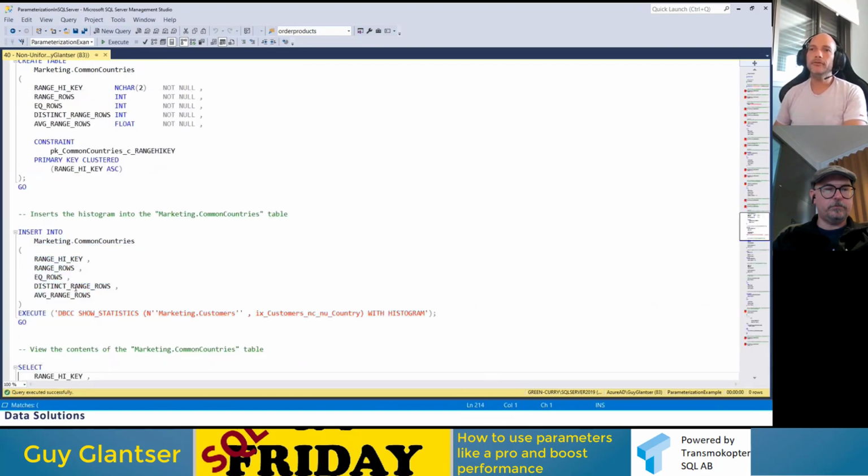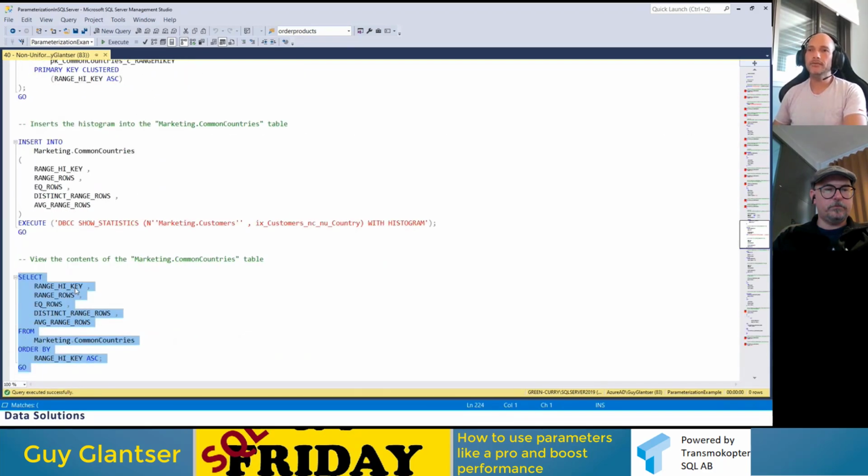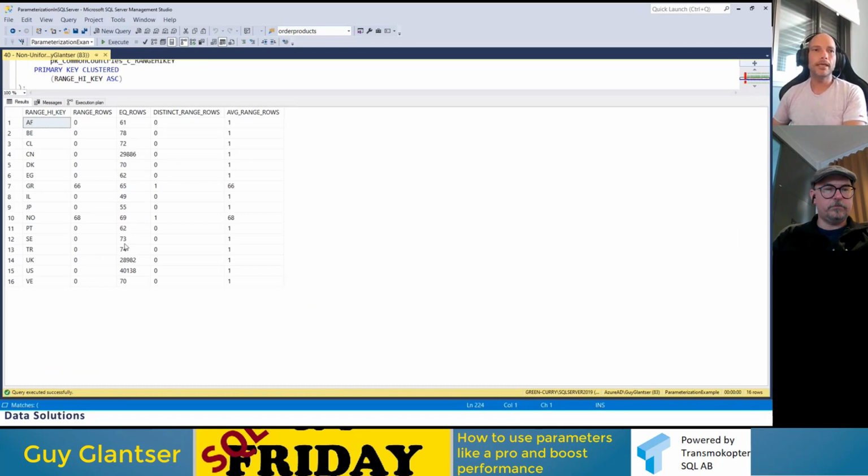Now, if I select from my table, I have the entire histogram as I showed you before. And now I can use some kind of logic, and there's a lot of trial and error here, to distinguish between the common countries with many customers and the uncommon countries.